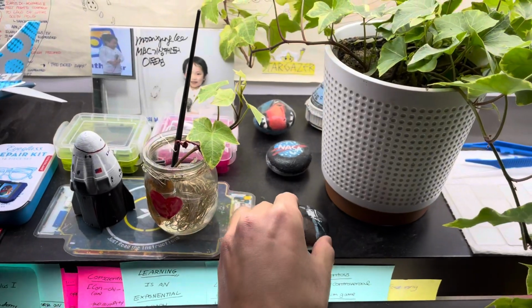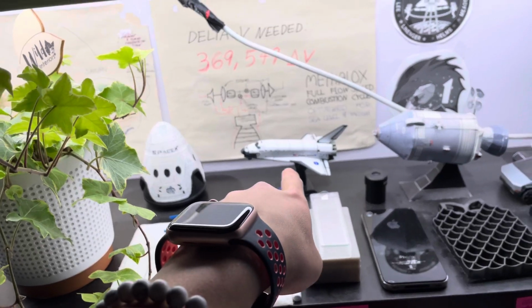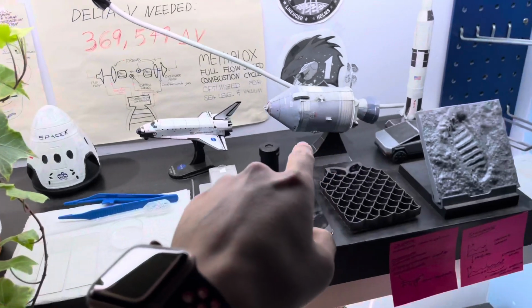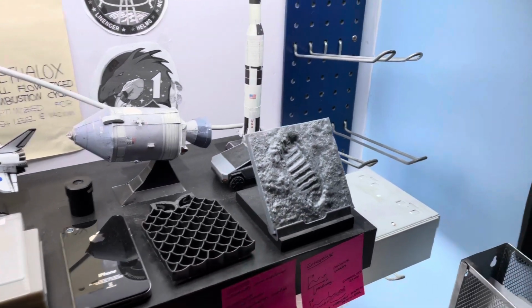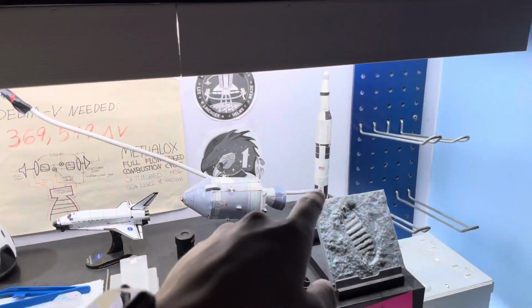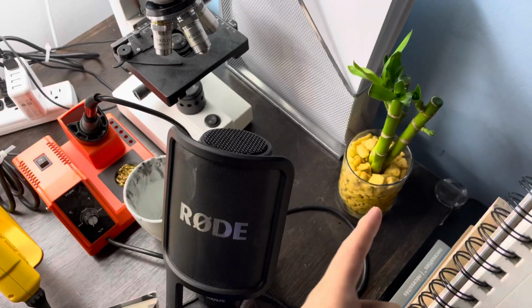We got the NASA, as you can see. We got another Crew Dragon here. These are all 3D printed and painted by me, by the way. We got the Space Shuttle and a full stage combustion cycle diagram. Apollo, iPhone 4, Neil Armstrong's footprint, which is also 3D printed. Saturn V, a celestial microscope, a little plant. His name is Jackie,